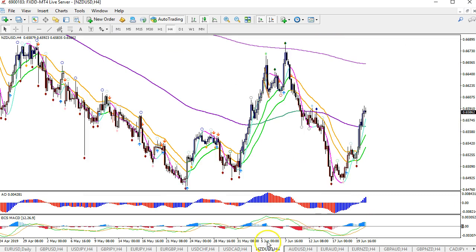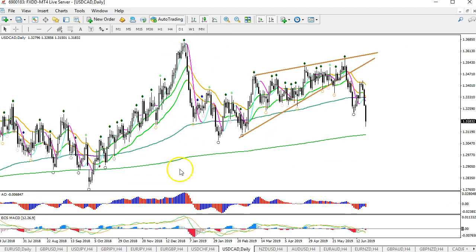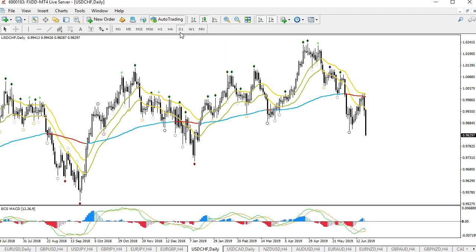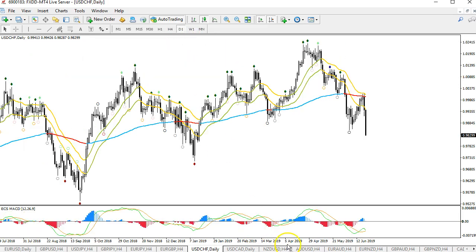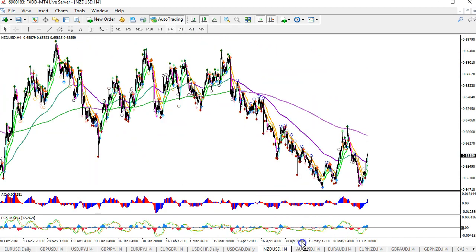New Zealand dollar is reversing. We're getting a lot of counter trend trades here on New Zealand and the Aussie, and we're getting strong moves to the dollar weakness side of the dollar Swiss and dollar CAD. But those movements have already been made. So it's a little bit tricky at this point. A lot of price movement has already taken place, as you can see. So that makes it a little bit difficult from my perspective to find setups